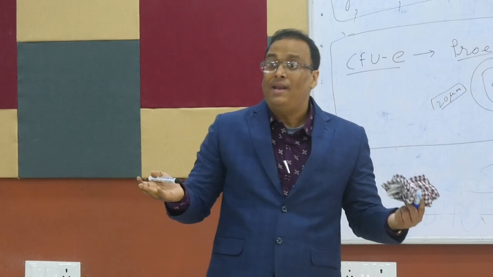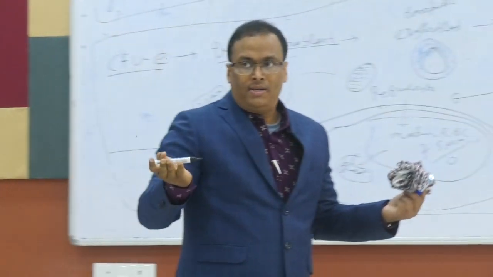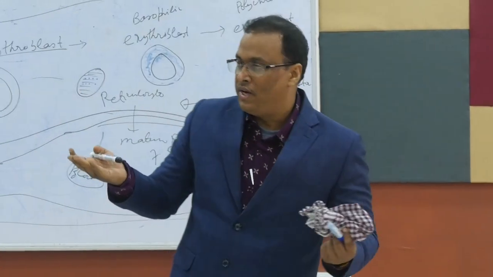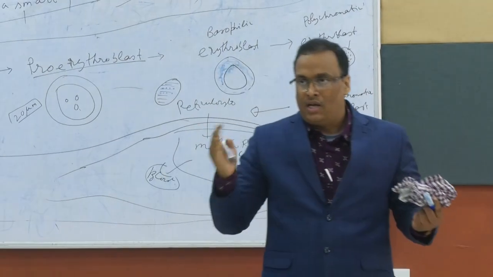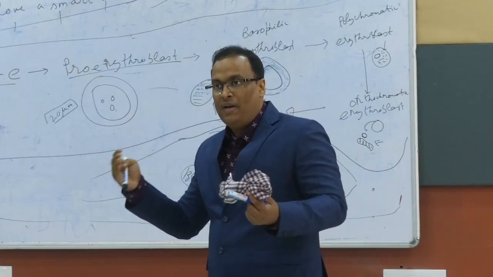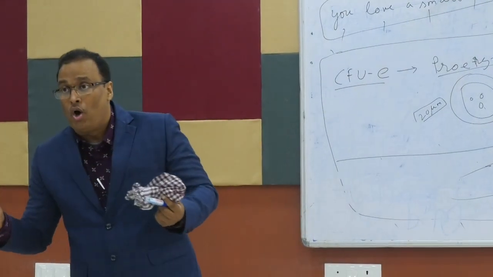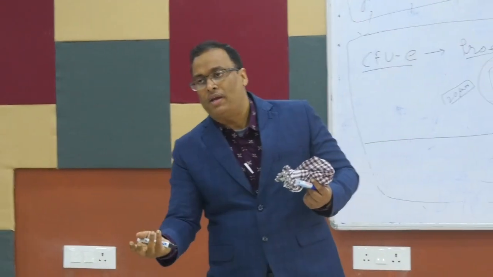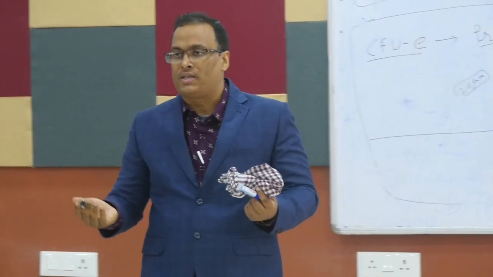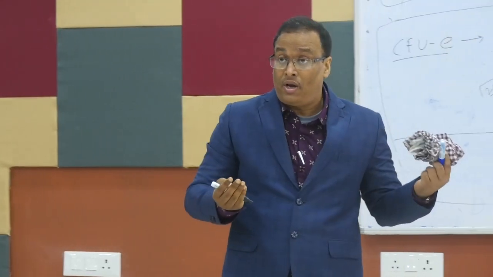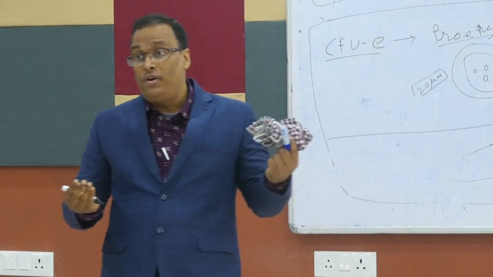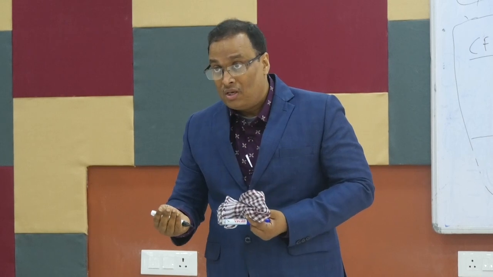I make it regularly because my RBC life span is 120 days. So if it is 120 days and then gone, engulfed by the splenic system or liver, that is the macrophage system, then RBC would decrease day by day. But it is constant. By what? Because of continuous stimulation of the erythroid series, that is the proliferating series, by the help of some hormones like